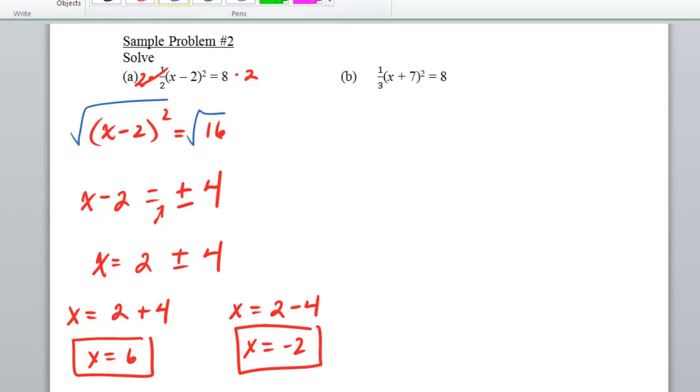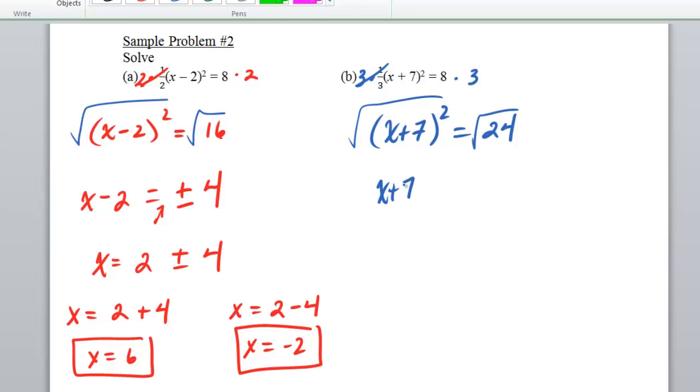Alright, let's take a look at the next one. Again, we're going to eliminate this fraction immediately by multiplying times the reciprocal, which is going to give us x plus 7 squared equals 24. Then we'll take the square root of both sides, giving me x plus 7 equals plus or minus the